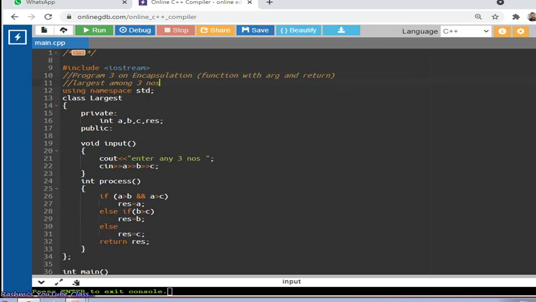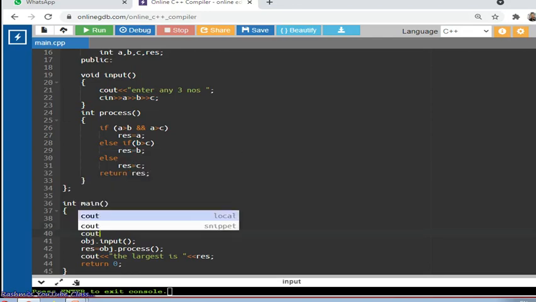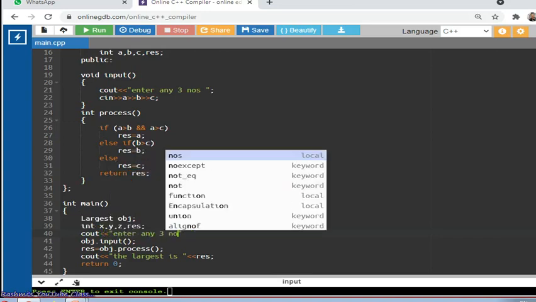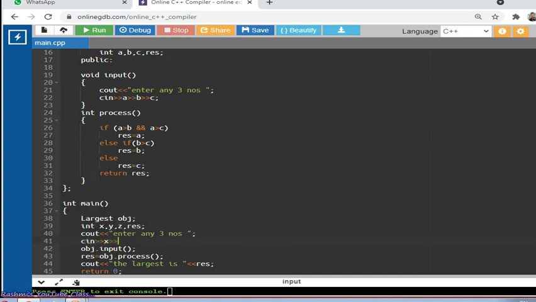So how will it be? As we are going to give the data from the caller end, the input will be here. So this input we need to remove, or you can keep it a little below. And we have to declare here variables like x, y, z, because input will go from here, na? And result also will come to here. So for result also you have to take a variable, for input also you have to take a variable. And now you write here cout, enter any three numbers. The numbers you have to input from here, cin, that is x, y, and z. Three variables we just inputted.